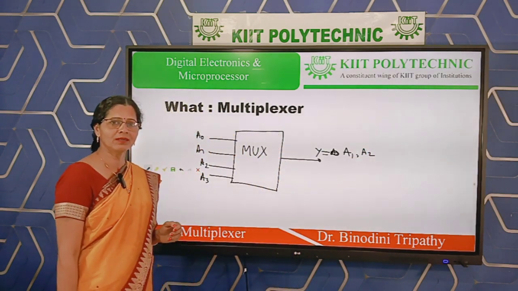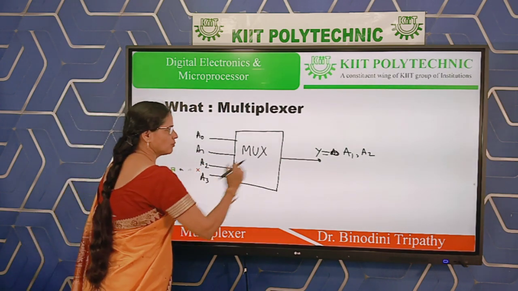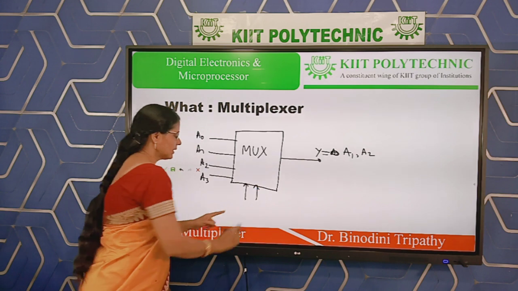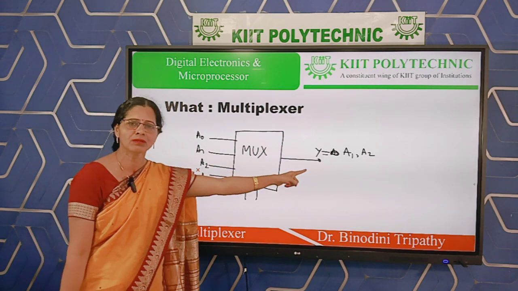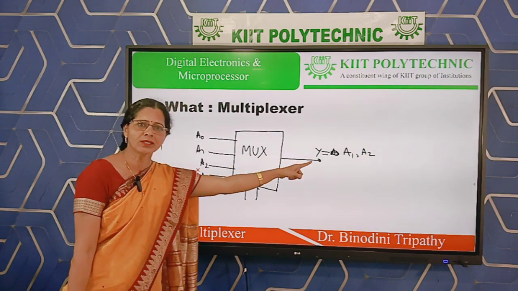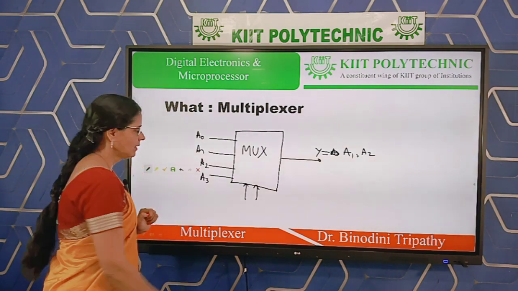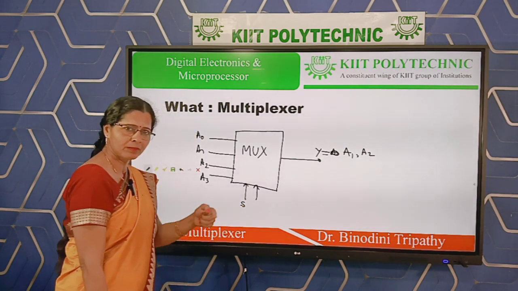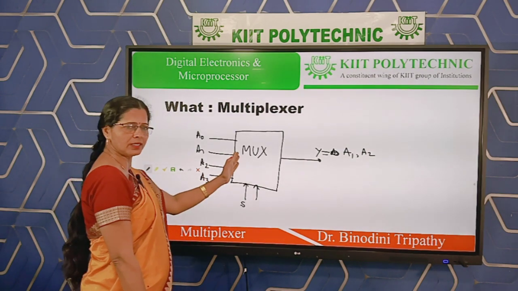So how will this be possible? To control the selection, not only inputs and outputs are required, some selection inputs are also applied. These selection inputs decide or control which input will be routed to the output. Which input will be selected and routed to the output is decided by the bit value of the selection lines. Suppose you have 4 inputs, then the selection lines will be 2. I will tell you in detail later. This is only for the definition.